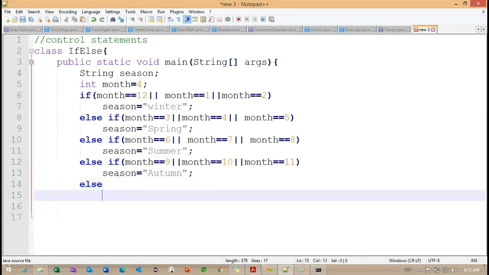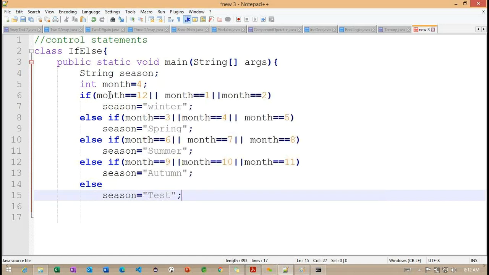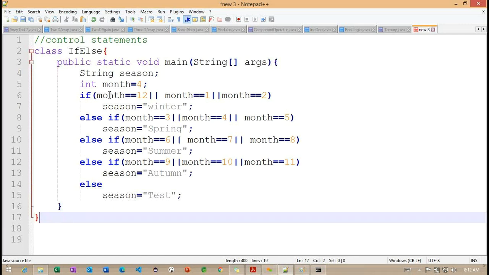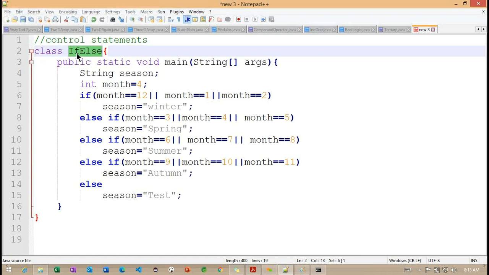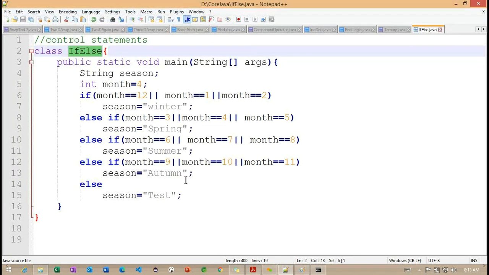So finally, the else block, with some text here, because if no condition is satisfied, the else block runs. Just for understanding, I'm defining the else block like this.